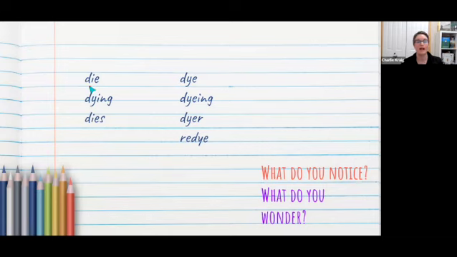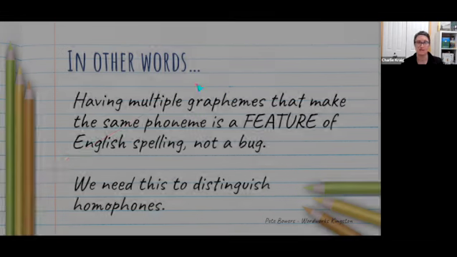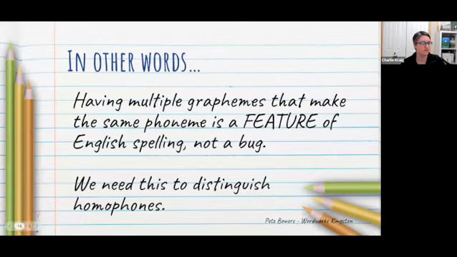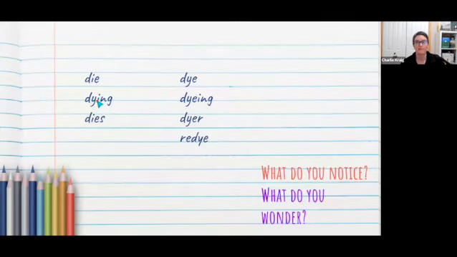Okay, so here we have DIE as in death and DYE as in going to my hairdresser's, recoloring something. Notice here, when we've added the ing suffix, something has happened to the I. Oh, for the love of Pete. So what's happened here is because remember that double I rule, can't have double I's? Y has tapped in for its buddy I to be in that place so we don't have a double I in that word.